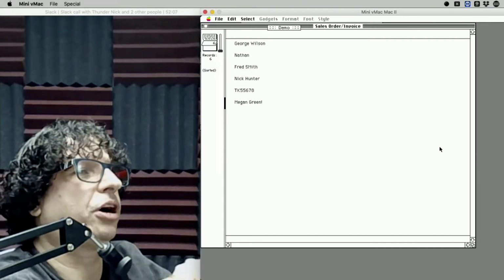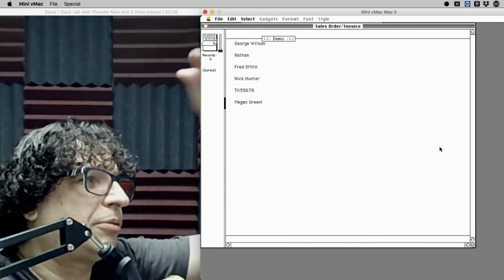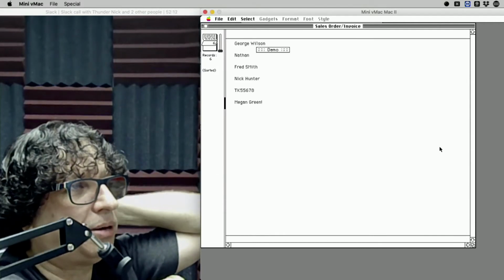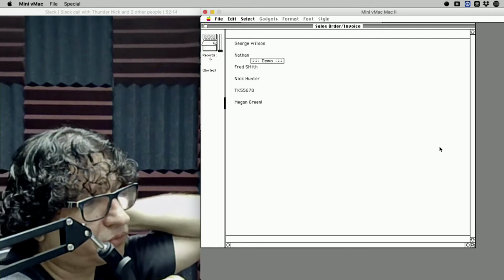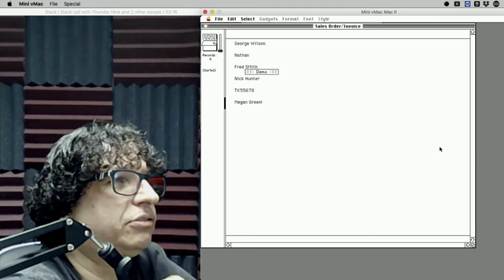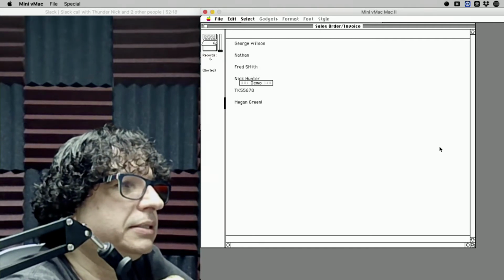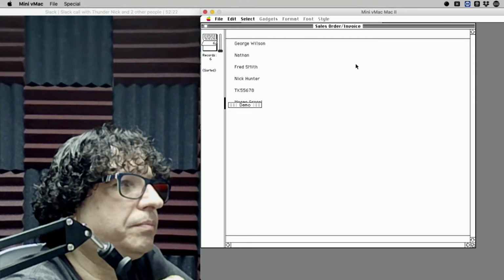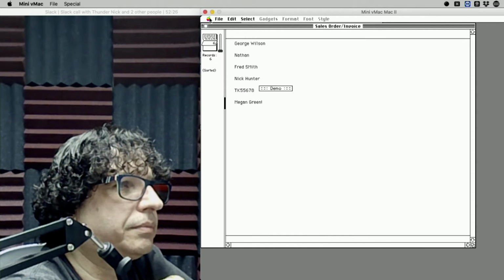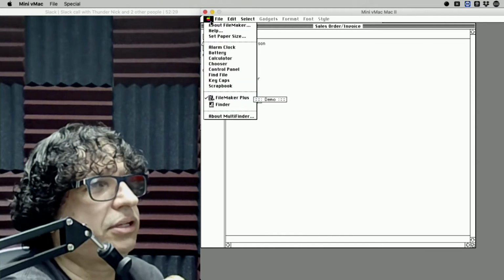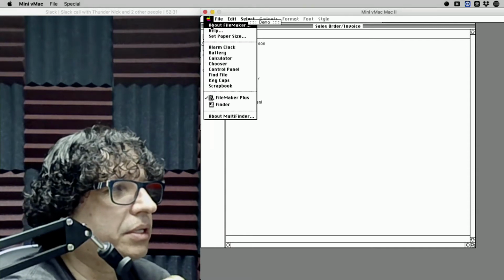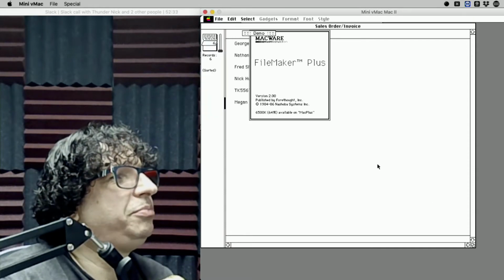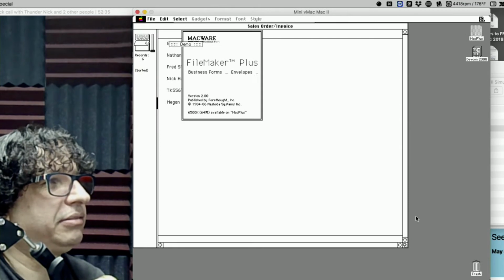So that's the history of the product. If you go to the Apple menu and look for About FileMaker, that's Macware. All right, so yeah, it was Macware. Sorry, I keep clicking once and then letting go. This is like System 6, I think. Yeah, you need to click and hold, because System 7 is when they added where you click and let go, I think. Believe it or not, I'm still doing this.